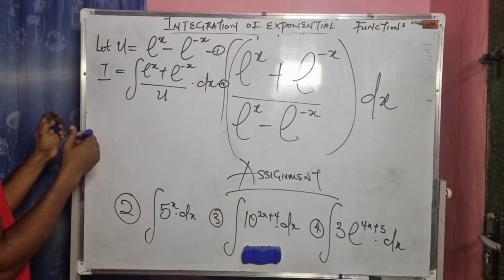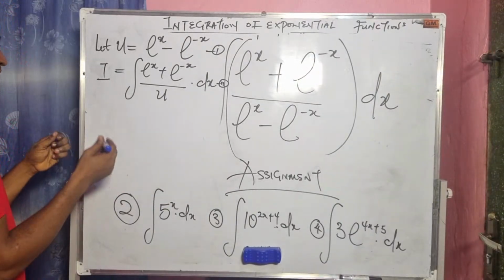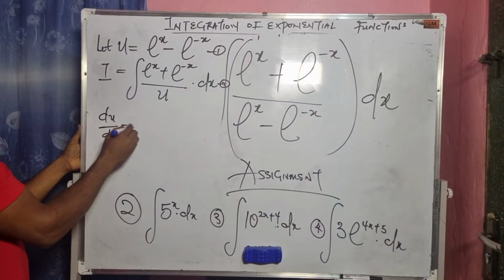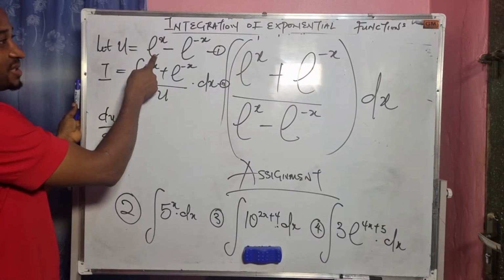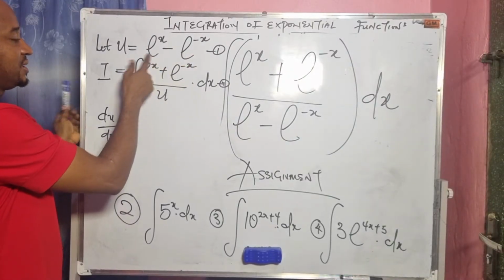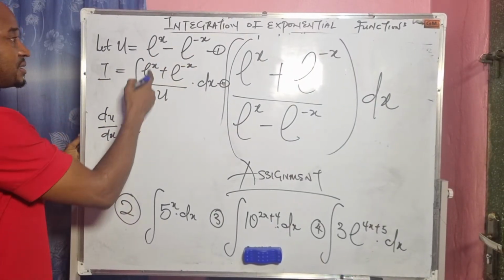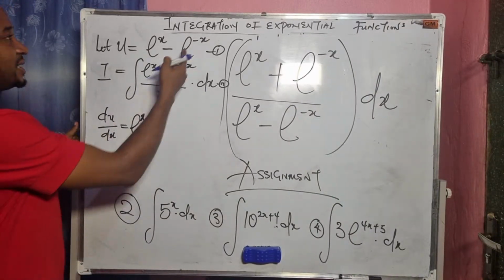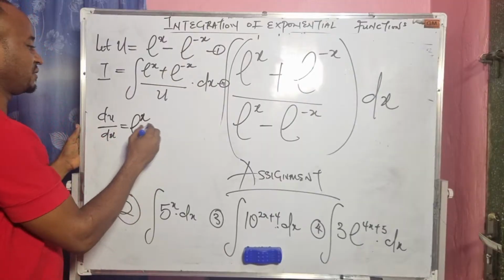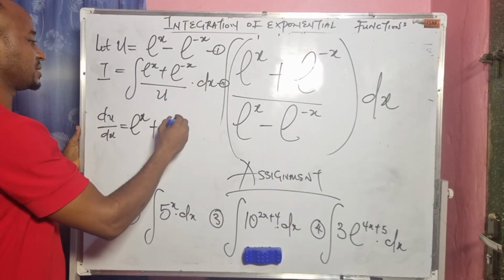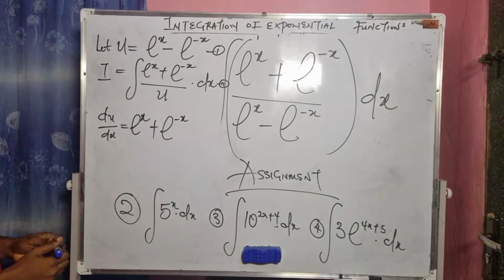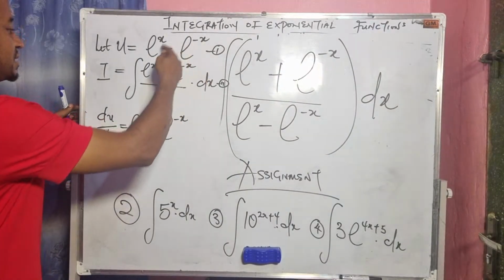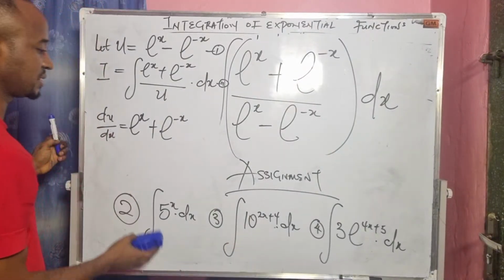All right, I'm already tempted to solve this, but let me finish up. So here we have du over dx. I will differentiate this. Differentiating this remains e to the x, then differentiating e to the minus x will give us plus e to the minus x. I hope it's clear. If I differentiate only this expression, just this alone,